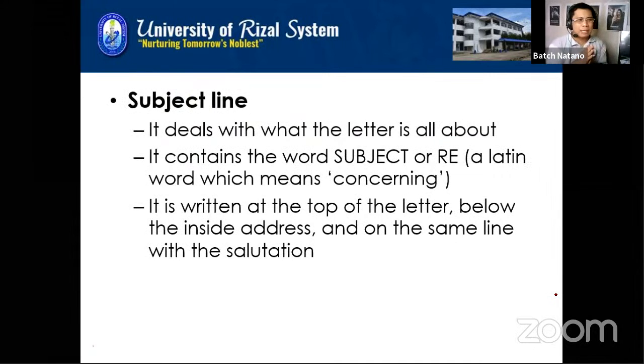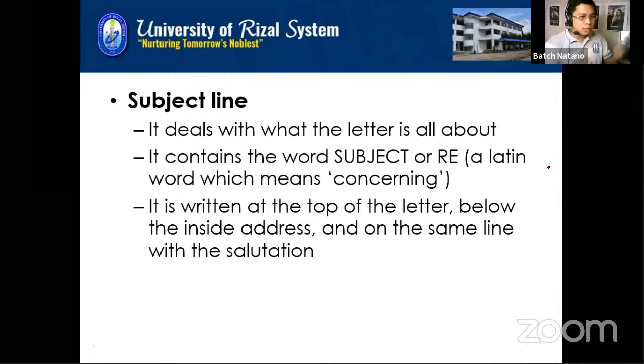Now, subject line. So it tells us what the letter is all about. Tungkol ba saan yung letter? So in your introduction, you can already identify what the letter is all about. But let's say, for example, if I am the person who will be receiving the letter and I don't have much time to decide which one I will be prioritizing. I do have a lot of letters to read and I don't know which one I should be prioritizing. So in order to help me identify that it should be prioritized, then you have to indicate the subject